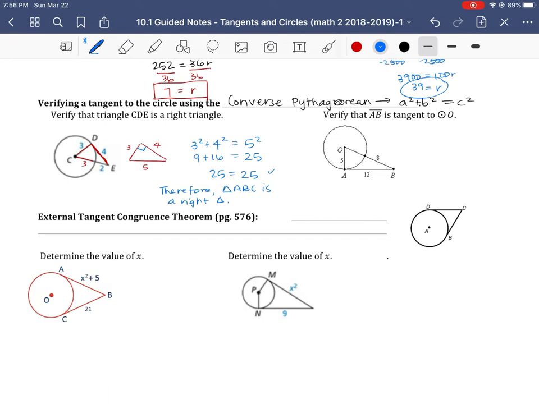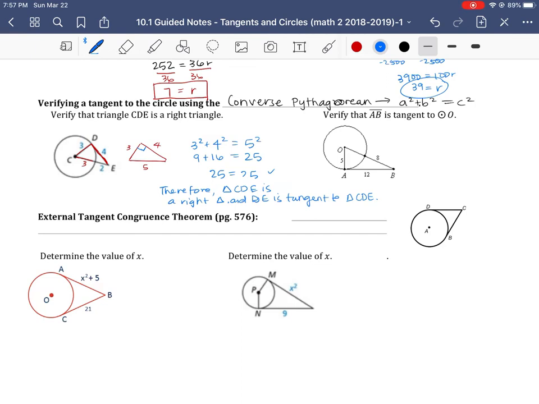And if you verify that it is a right triangle, you've also verified that DE is tangent to triangle, where did I get ABC? All right, take it back. Not triangle ABC, sorry. It's not even a part of this problem. This is triangle CDE. Oh dear. And then DE is tangent to triangle CDE. Okay, I hope that didn't confuse you, but essentially you just need to take the two pieces,